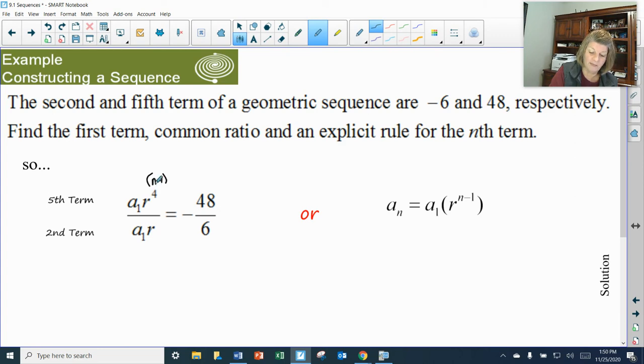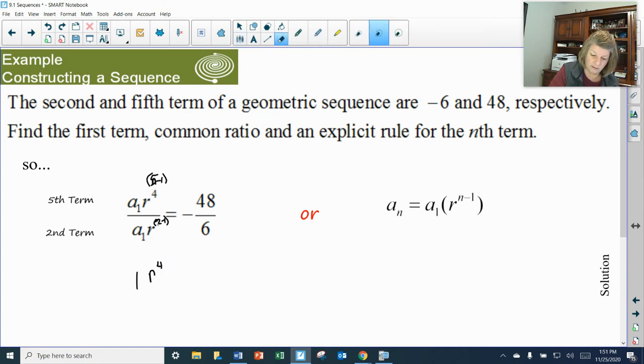So I have already calculated out 5 minus 1 would have given me 4 times that I would have multiplied by that common ratio. For the second term, it would have been 2 minus 1 times for that common ratio from my beginning term. Now, let's simplify that stuff on the left. So a sub 1 over a sub 1 will reduce to 1. R to the 4th